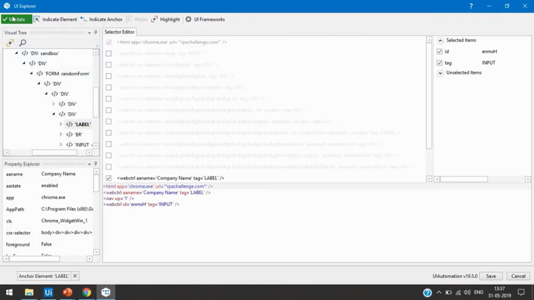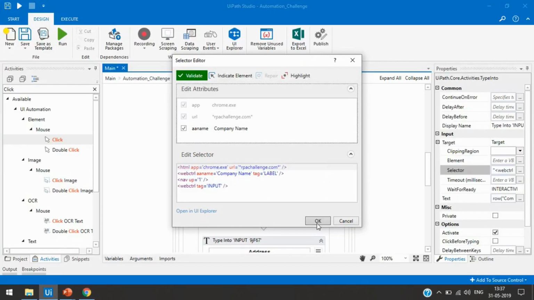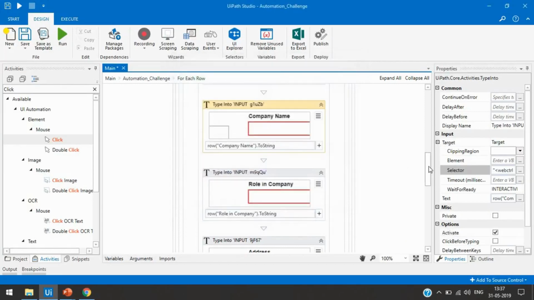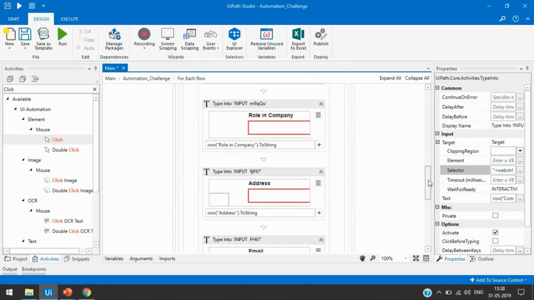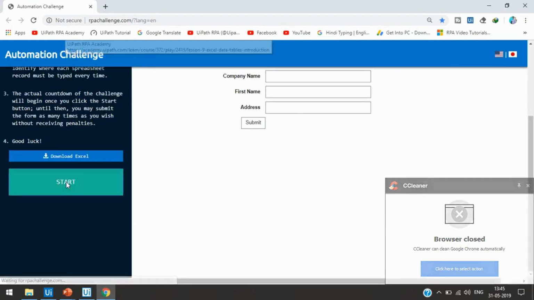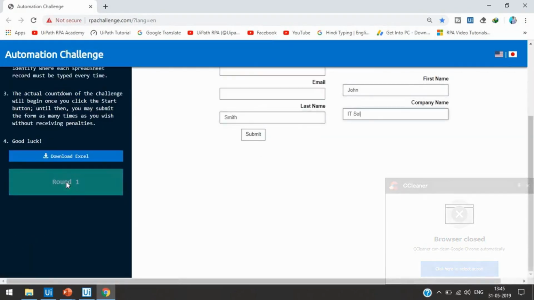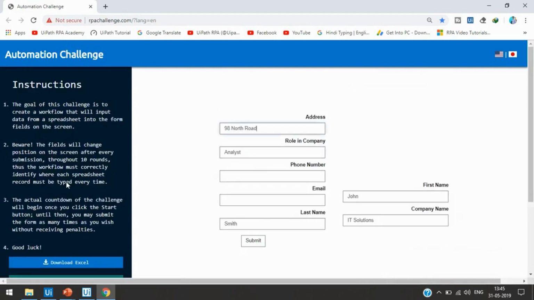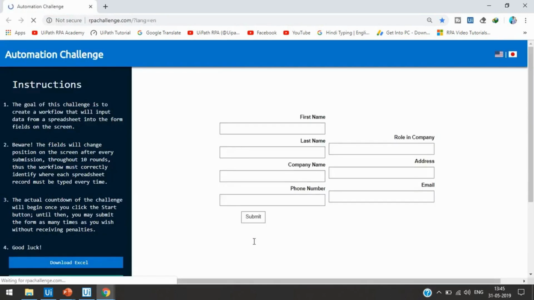Here you can see it is showing validated, it's a valid selector. We can uncheck the ID and save this one and then press OK. So in this way we have to do it for all these fields, right? So this is now OK. Let's run this. It will first click on start, it's typing John Smith, IT Solutions, company name, address, email, phone number, then just click submit.